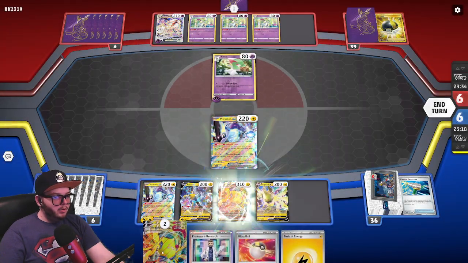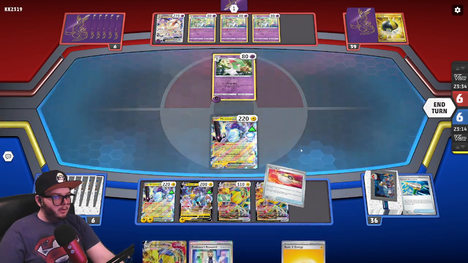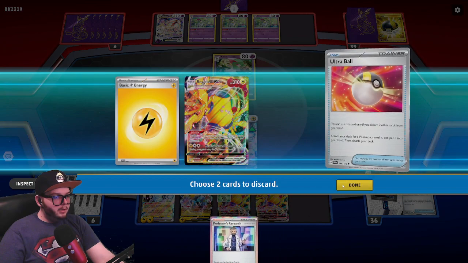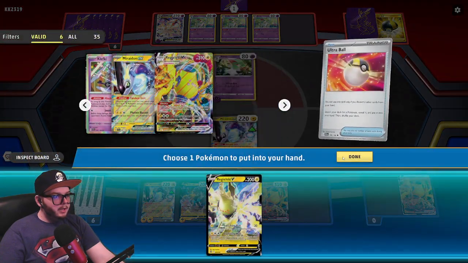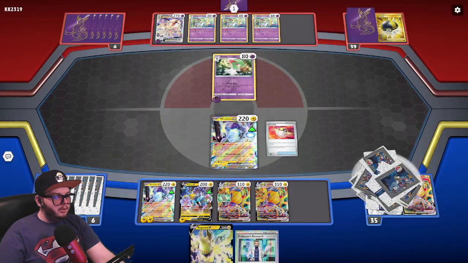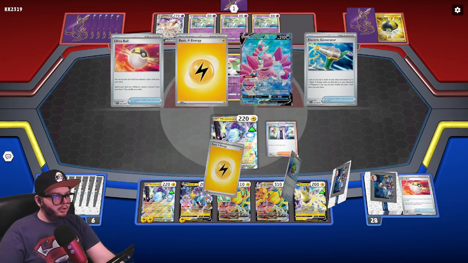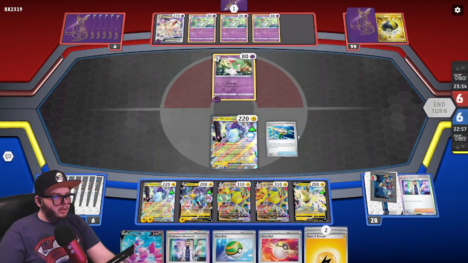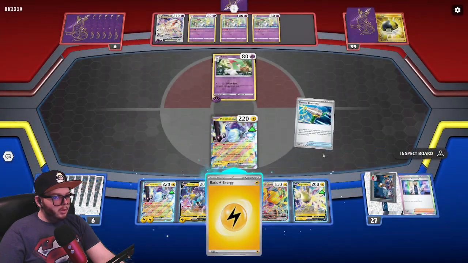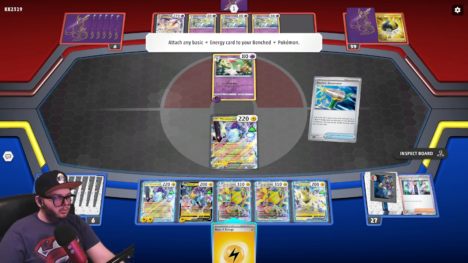Anywho, we're going to go Evolve, Ultra Ball, Bomb. We are going to grab another Regieleki V. We already got 3 attackers in play, so. Now we will research. Alright, we have another electric generator. We get another 1 energy. So I will put it on...